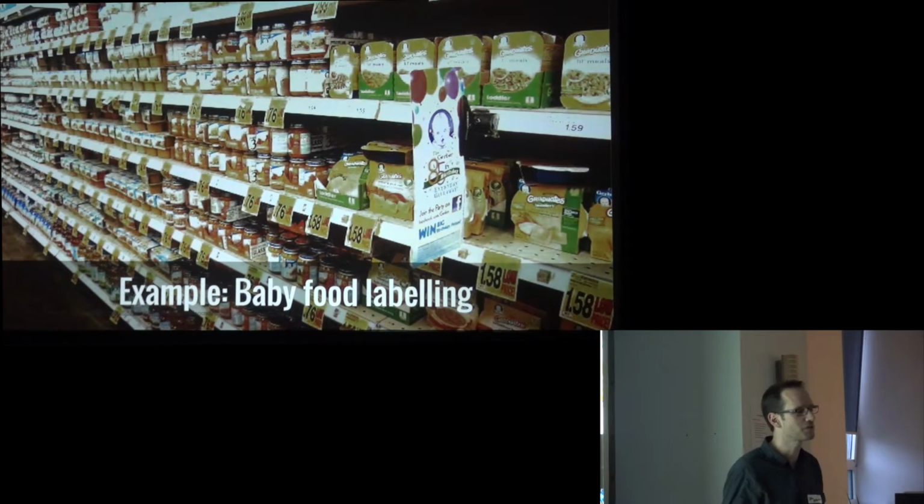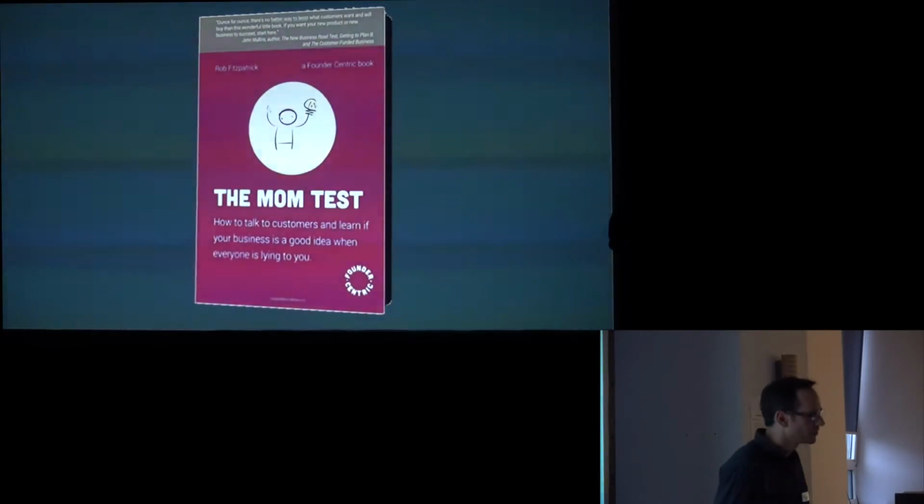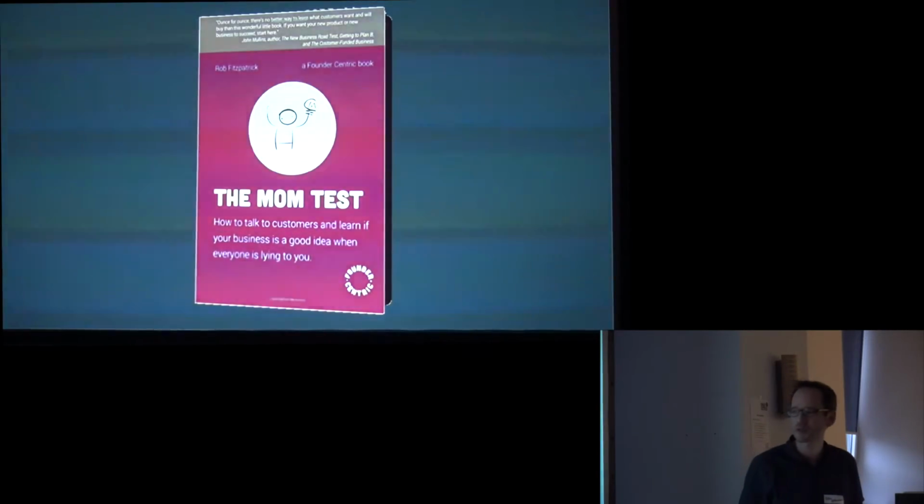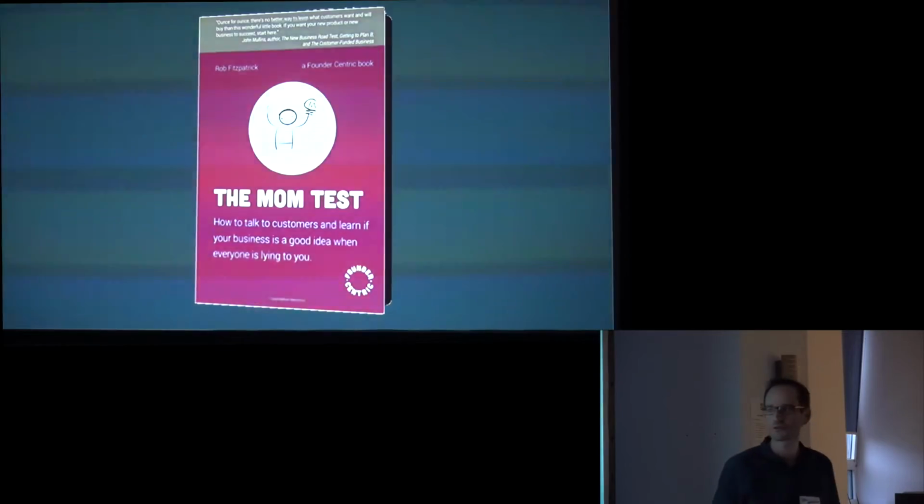So as an example from last year's Lean Startup Machine, this team wanted to do better baby food labeling. They were concerned that parents were not aware of what was actually going into the baby food. So they talked to some parents and tried to validate that assumption, and it turned out that parents of young babies have a lot of problems, but actually what's in that jar of food wasn't really one of them. Without going into too much detail, which I don't even need to because Steffi's talk pretty much covered all of this, if you want to find out more about running customer interviews, I really recommend this book, The Mom Test. Easy read, good book. Read it.